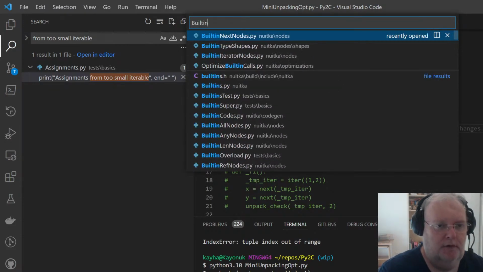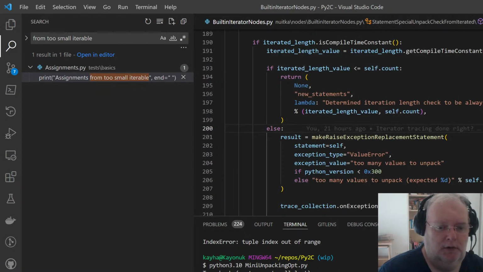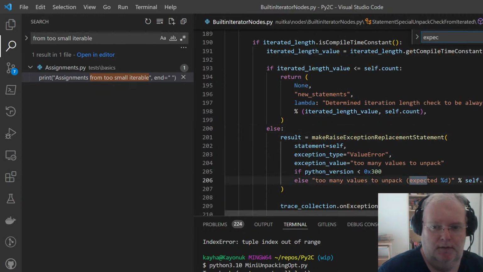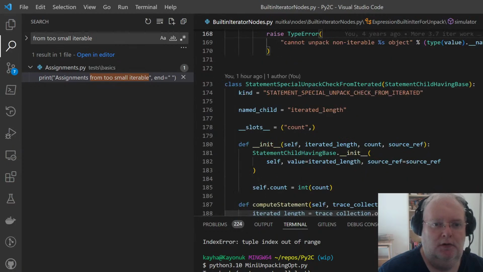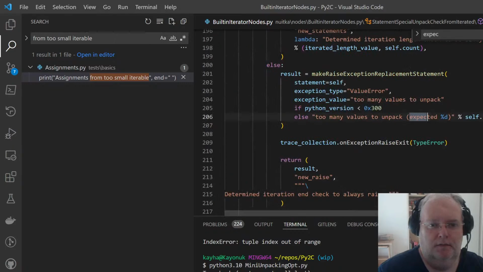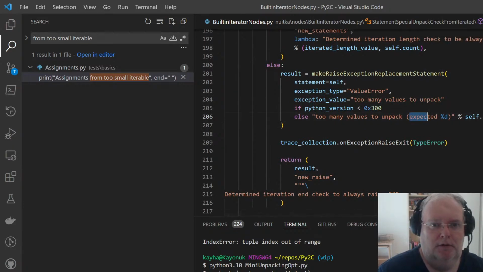Built-in iterator nodes. Expected. Yeah, it has a count which, no, not enough.